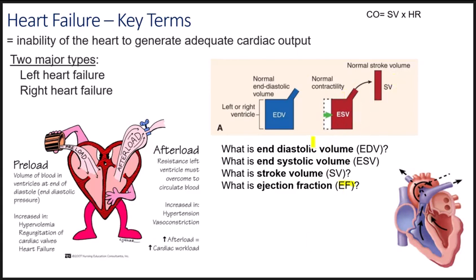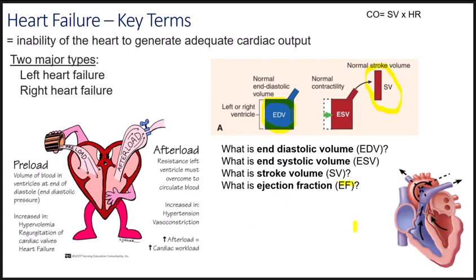So what this means is that if this is 100% of the blood in here, we don't pump all of it out. And that might surprise you that even with the most healthy hearts, we're not pumping all of it out. The percentage that we pump out, so the stroke volume when we express it as a volume, the percentage that we pump out is our ejection